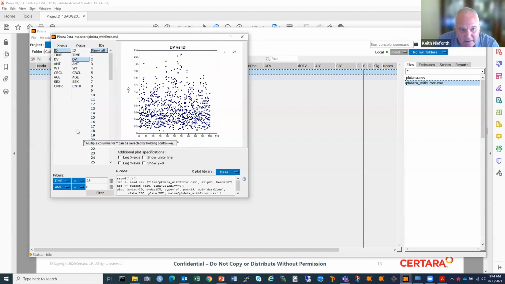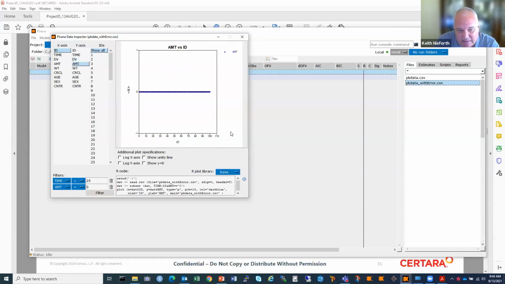DV, are there any major outlier DVs? Nah, this looks all right, right? Amount, dose amount, everyone got the same dose in this trial. Weight, okay. So this is an example of an index plot that would immediately show, hey, there's an issue here. I know in my data set, all my weights are clustered down here except for this one guy at 500